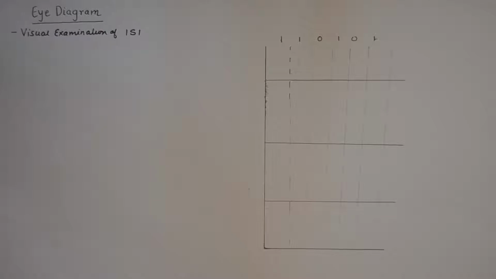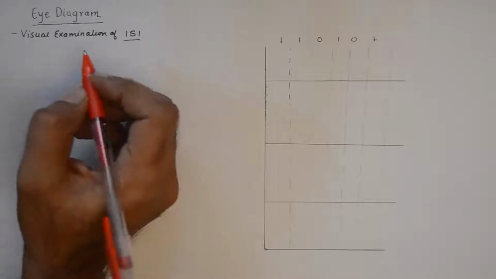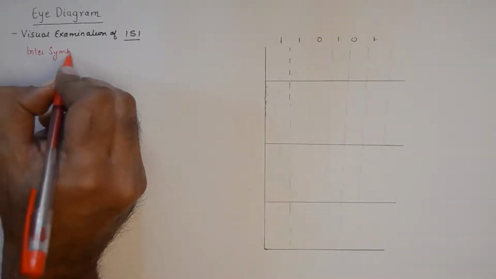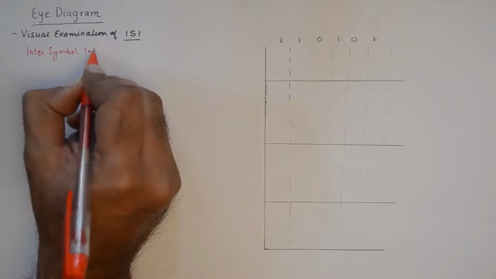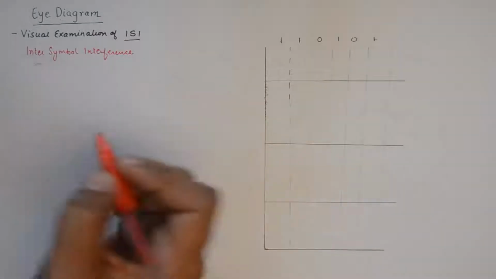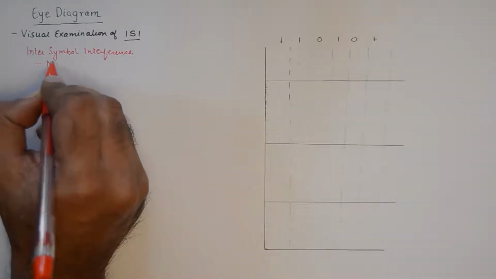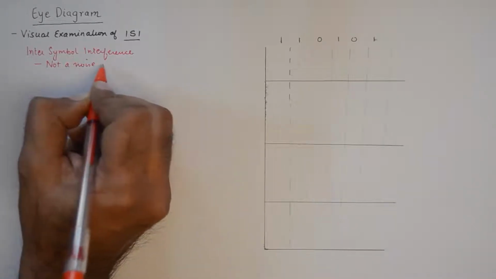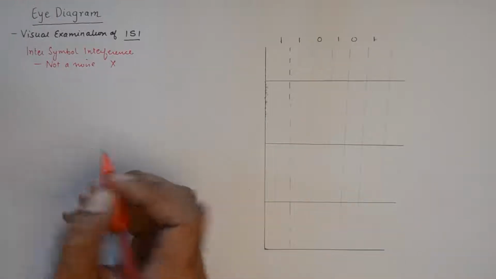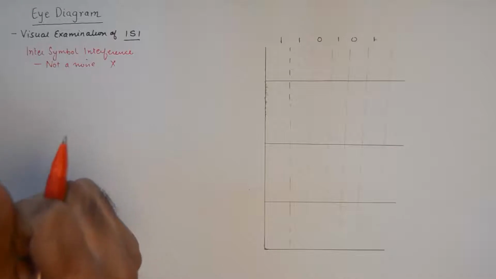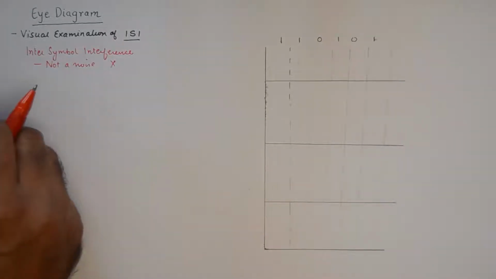We need to understand ISI first. ISI stands for inter-symbol interference, and the first key point about ISI is that it is not noise. It is a phenomenon by which the symbols tend to interfere with each other,